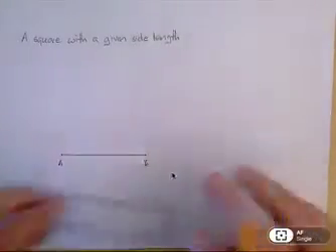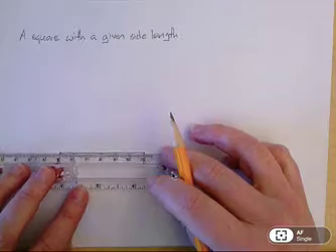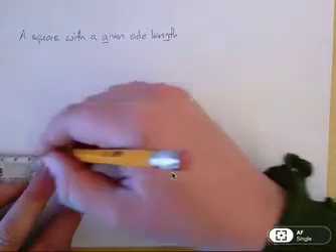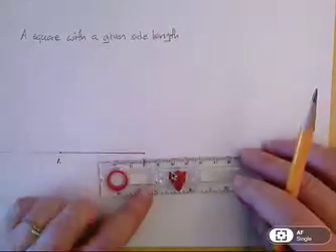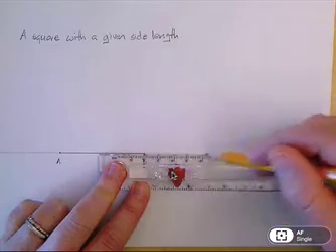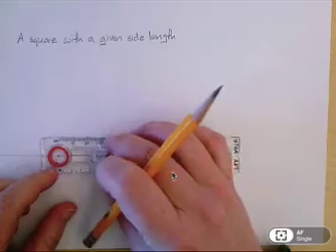And the first thing you need to do is extend AB, and there's going to be a lot of construction lines in this drawing, so I'm going to try to draw them a little bit lighter than my square, but then I'll go back over my square and darken it. So I'm extending AB, and now